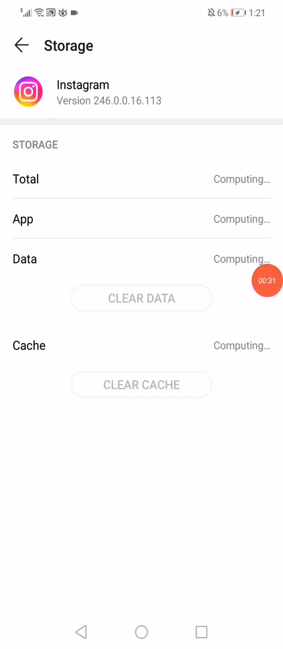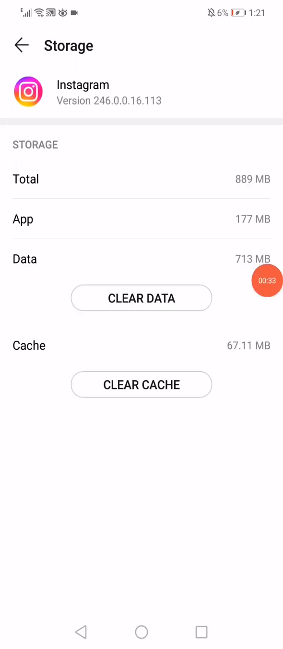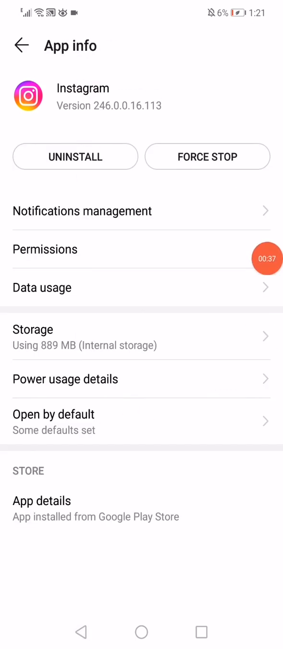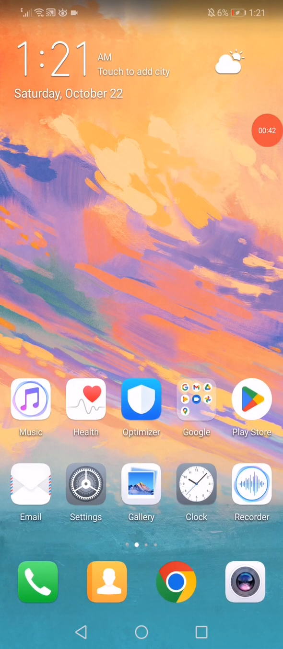And after that, all you have to do is wait a few seconds and then click on clear data and clear cache like this. Go back and now click on the force stop option and restart your phone, then reopen Instagram and the problem